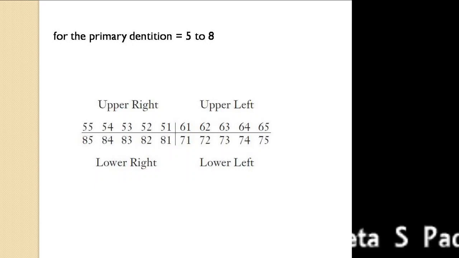When I'm denoting mandibular teeth, 7 1 is on the left side of the mandible. 7 1 will be for mandibular left central incisor primary, that is. 7 2 will be for primary mandibular lateral incisor of the left side. 7 3 primary mandibular left canine. 7 4 for primary mandibular left first molar, and 7 5 will be for primary mandibular left second molar.